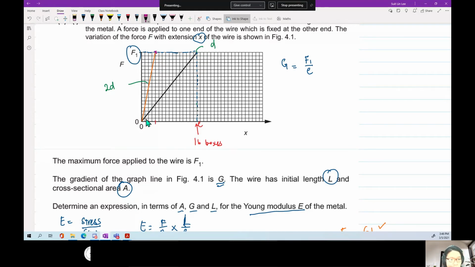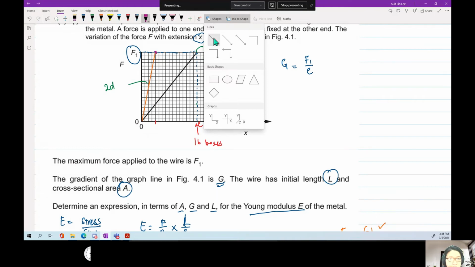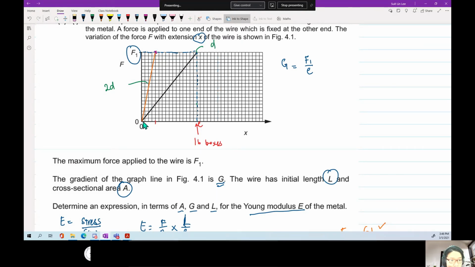So if we're talking about this, then this one would be if the diameter is halved, d over 2. In case this year they go and half the diameter instead of doubling the diameter. Thinner wire, easier to stretch, the spring constant is less. So in this case, this G,